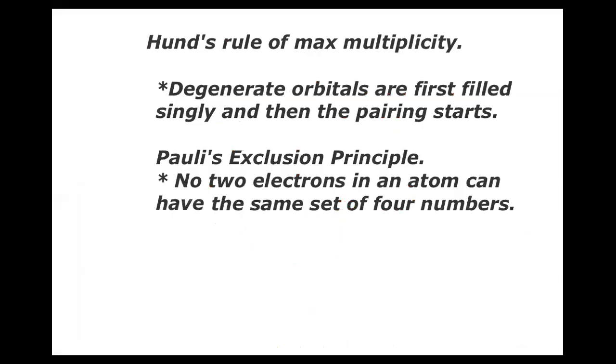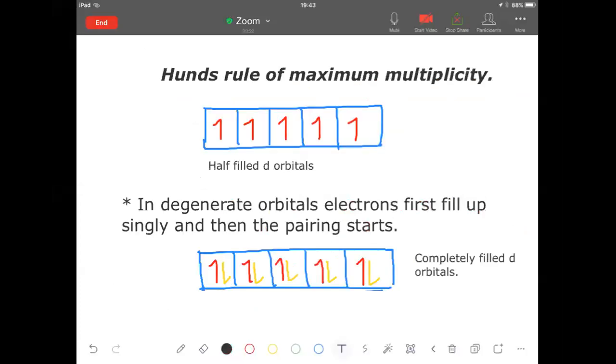Okay, so we were doing Hund's rule of maximum multiplicity, right? So let's come to that. If I'm doing this Hund's rule, I was trying to explain to you what are degenerate orbitals and what should happen. So if I'm talking about the 4p orbitals, we said that there are px, py, and pz. They are all of the same energy level. And when they are of the same energy level, they will orient themselves along the three axes in the magnetic field or the electrical field. That is a different thing. But otherwise, they are possessing the same amount of energy.